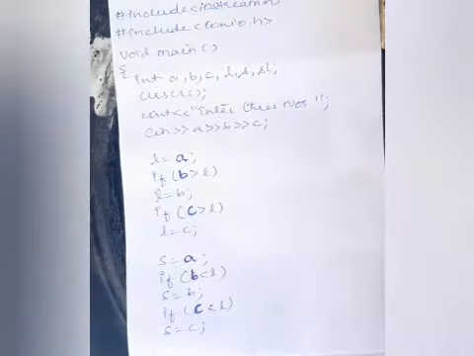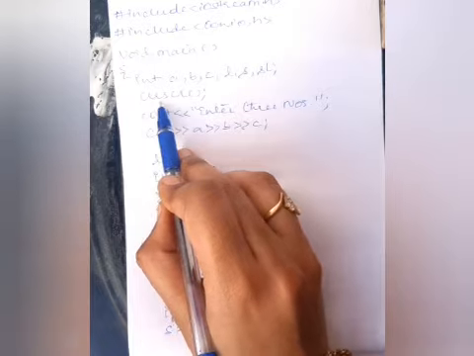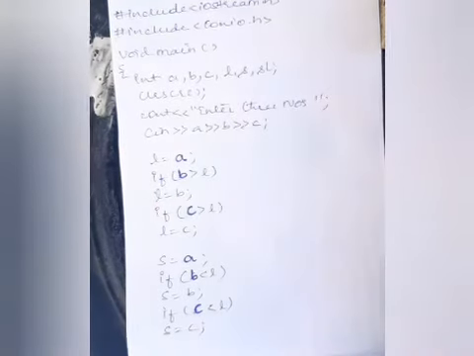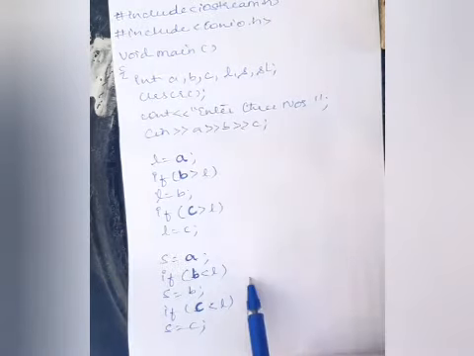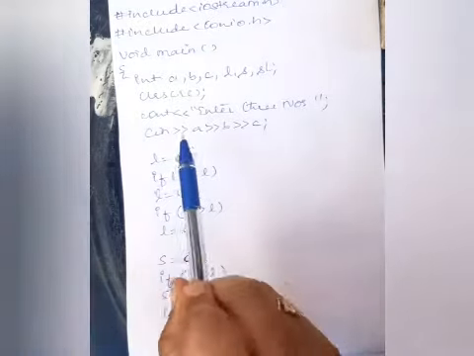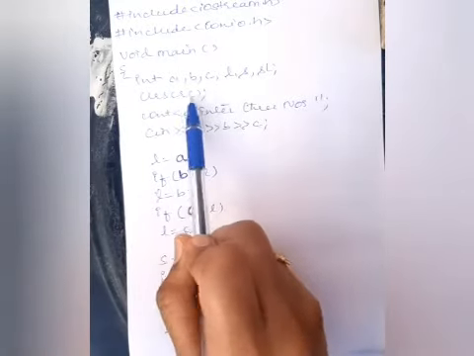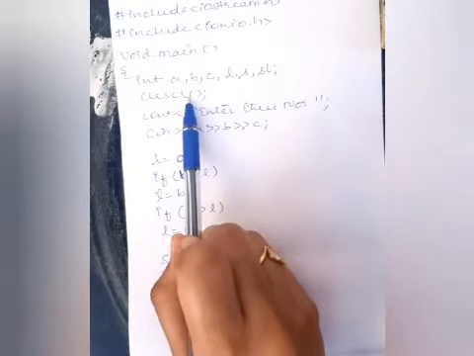Okay. After declaring the variables, the first function we use is the clear screen function, clrscr. This function is used to erase or delete the previous output on the screen. Before getting this program's output on the screen, we should make sure that the previous output on the screen has been erased. To do that, we need to include the clear screen function. As the name says, it is going to clear the previous output on the screen.